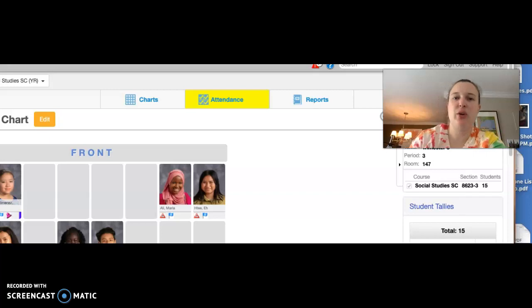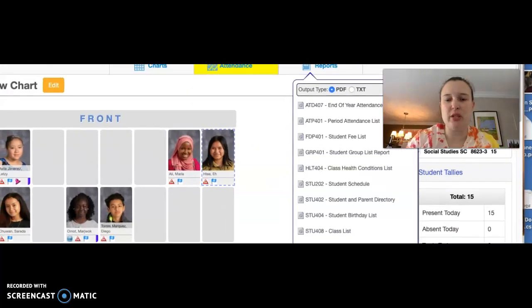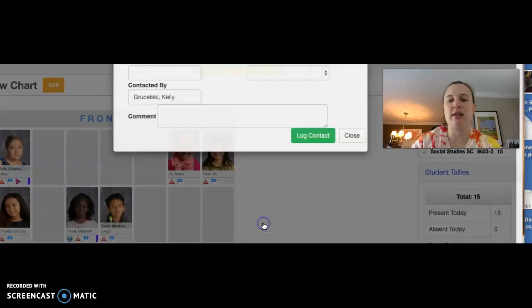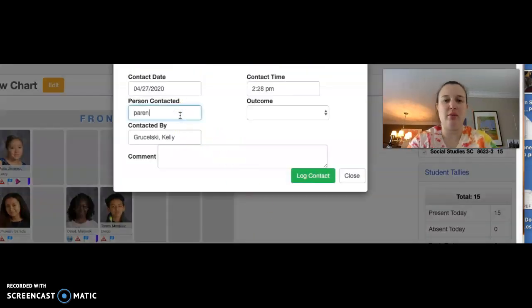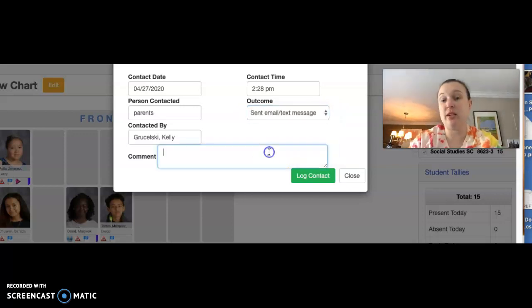Okay, so I wanted to show you how to log a contact. Let's say we want to talk to Etty's family. So we talk to them, and to make a record of it, you click on her, and then you do log contact, and then you say who you talked to. Today I sent a text message, and I sent a positive text to parents about her good work in social studies, which I actually did today